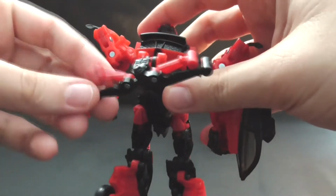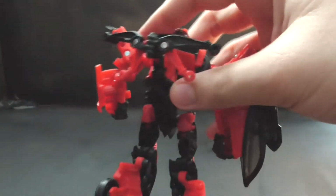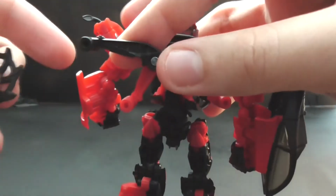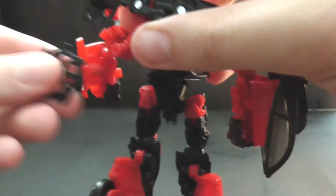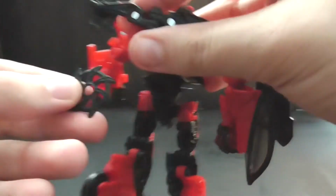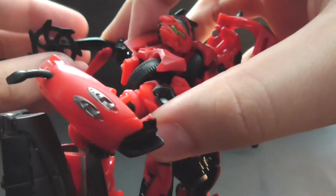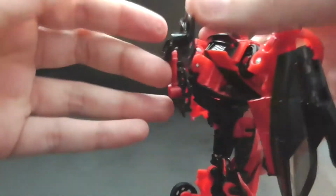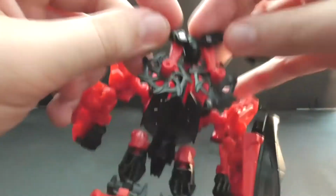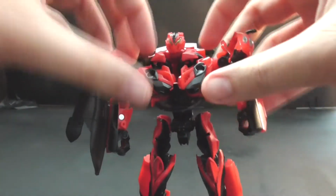And now you just got the back bits, which just rotate like that. And you take the blades, and it goes onto these pegs here, which are both double-sided, so you can put them inside or on the outside, whatever you want to do. That's your preference. It is your transformer personalization. So it should look like that. Pretty much like that. And there, ladies and gentlemen,